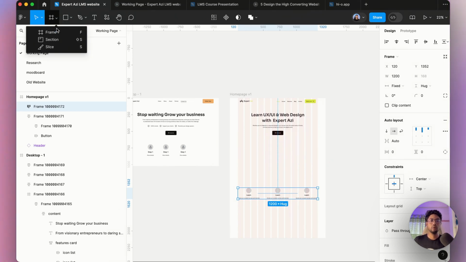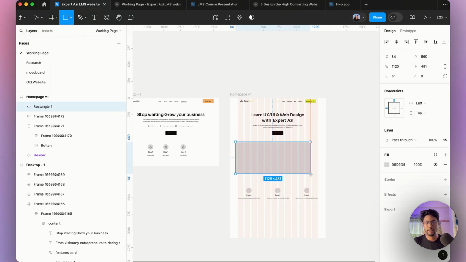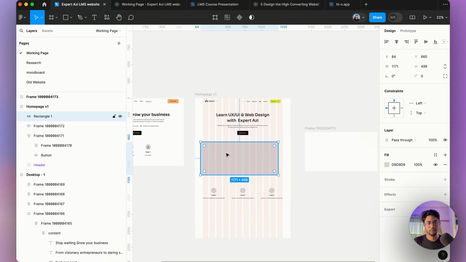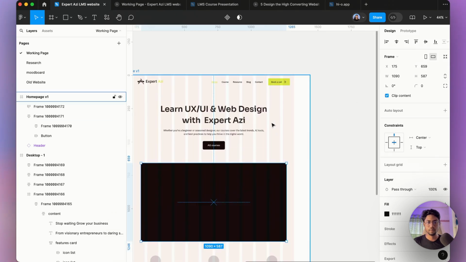Okay, now you might be thinking, okay, we can simply take a rectangle to draw the video play option, but we are not going to do that, because as I told you before, frame and rectangle are different: inside a rectangle, we cannot place anything. It's something manual, right? We need to convert it to a frame, then you can do it. But in a frame, we can place more things inside of it. So that's why we're gonna take a frame. So I'm gonna remove this, and let's simply add it here, and let's simply change this fill color into black. Now we can see the black option. All right, so